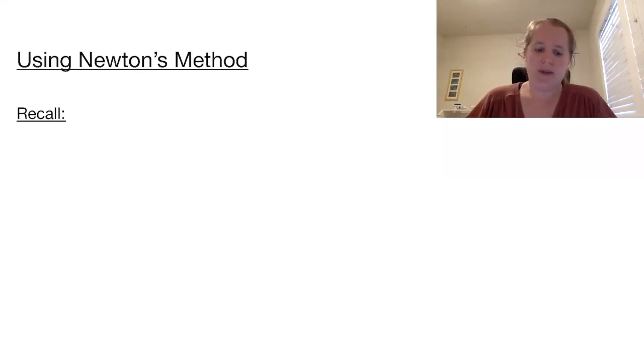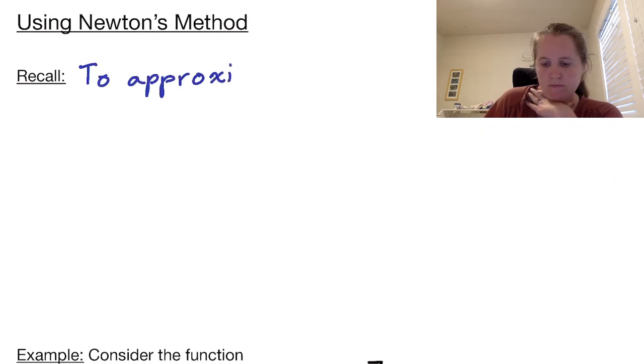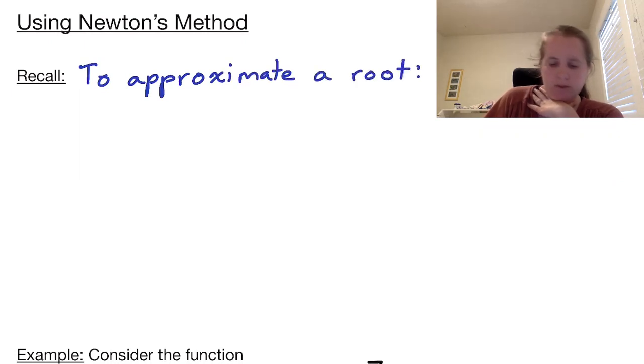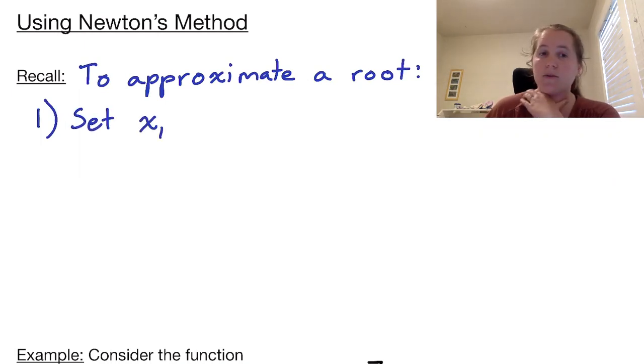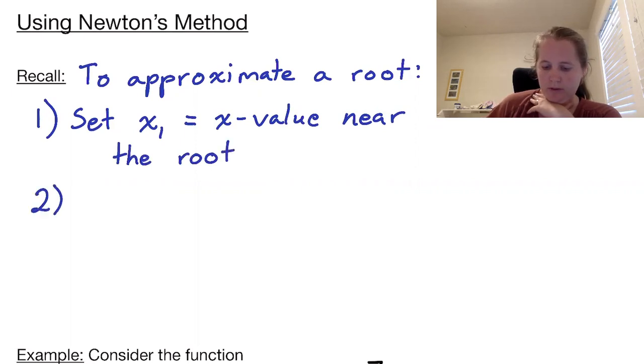Welcome to using Newton's method. So just a reminder of what Newton's method was. We were to approximate a root. We were to first set x1 equal to an x value near the root. And then we were to find